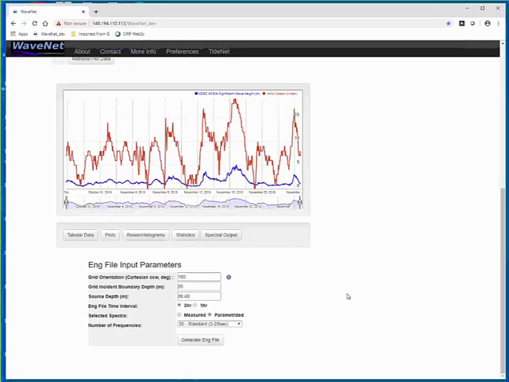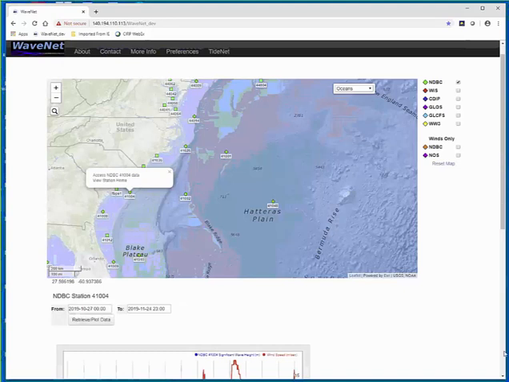These are huge files. I'll show you, when you select this, even though it's a month of data, it will take a little bit of time for us to download the data, analyze it, and then generate an ENG file that goes with the particular model. First, I'm going to generate this. Here you have different frequencies. You can set 30, 40, or 42 frequency bins, and we give you the option for that as well. And if you click generate spectra, then bingo, a bunch of code runs in the background.